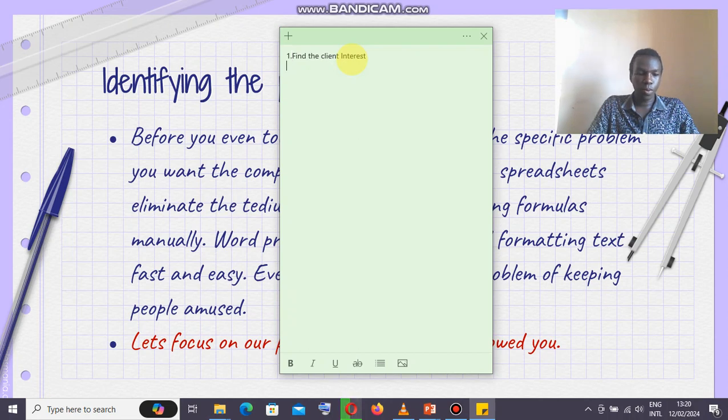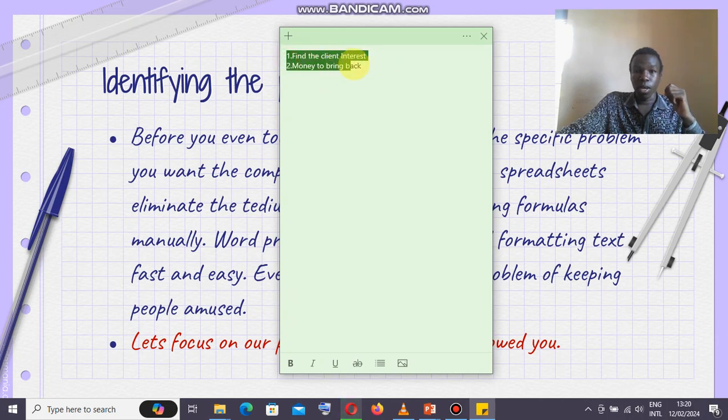And number two, we want to find the amount of money the client is to bring back. So we have two problems we want to solve, and we want to create a program that is going to help us solve these problems.